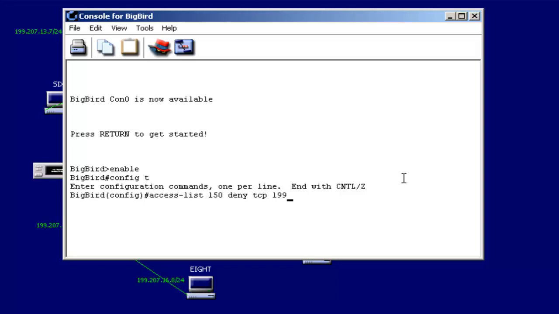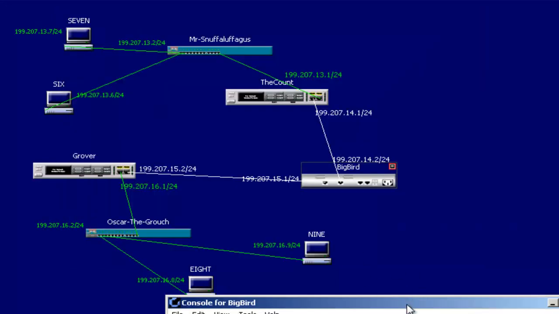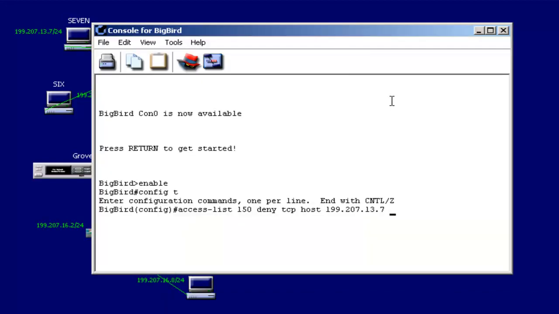And the IP address 192.168.13.7. Oops, and let me put host because I'm specifying a specific host there. Host 192.168.13.7. And then what I'm wanting to block. In this case, let's do all of network 15. Can't get past network 15, so 15.1, 15.2 there. And I could specify a specific host with the host keyword, but just to show you how to do a range, 199.207.15.0, and